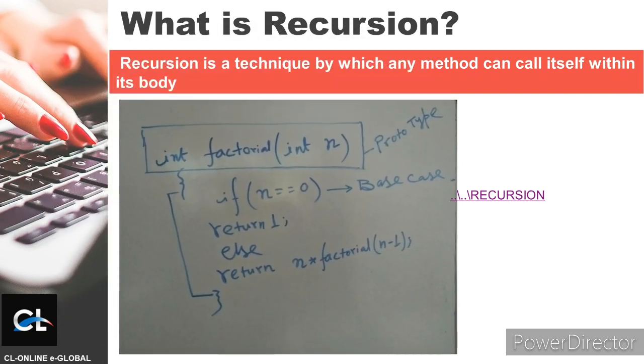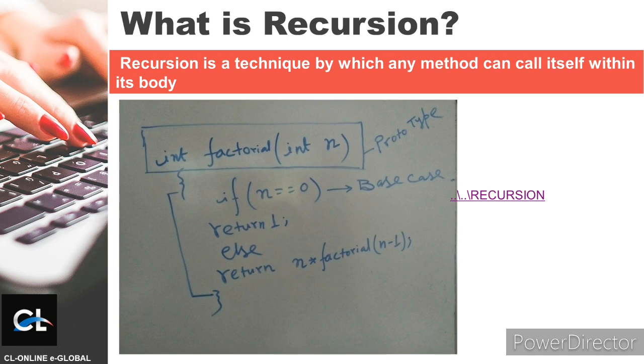Let's have a look at this simple sample code about recursion. First, in the square box, this is known as the prototype. Next one is the base case, and else part, where the method will call itself within its body.